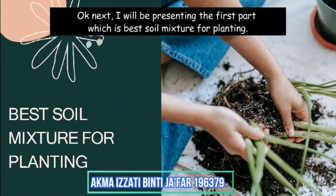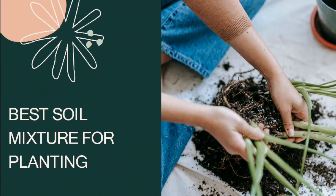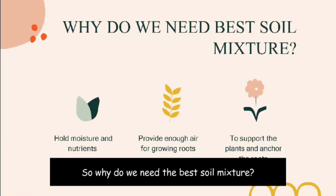Okay, next. I will be presenting the first part, which is best soil mixture for planting. So why do we need best soil mixture? There are 3 goals for a good soil mixture. First,